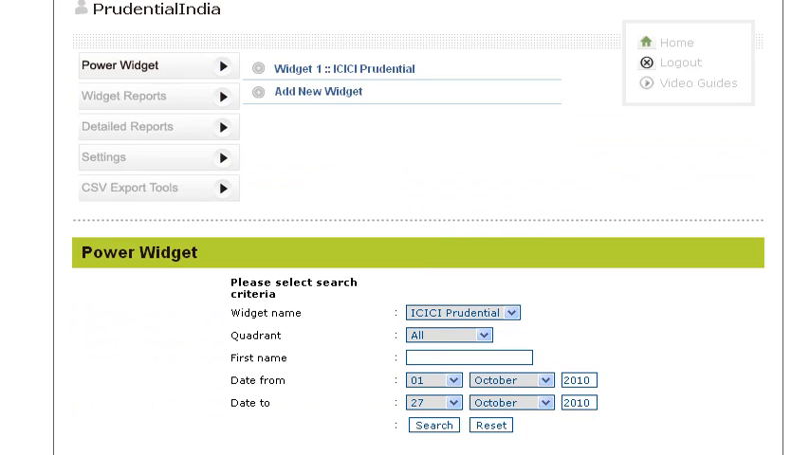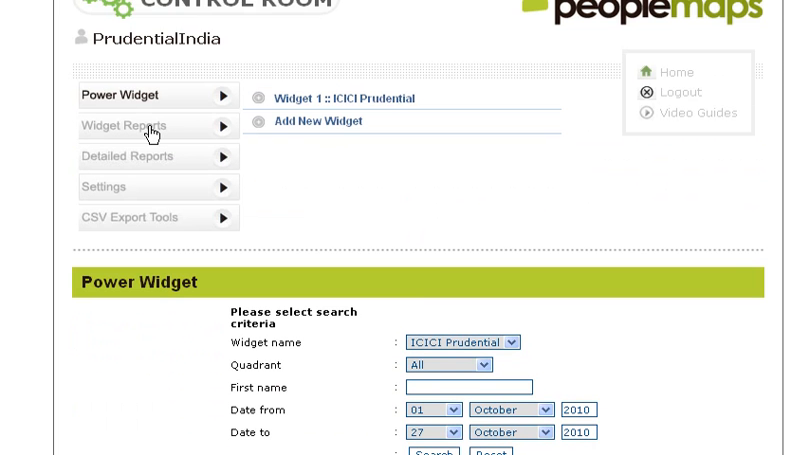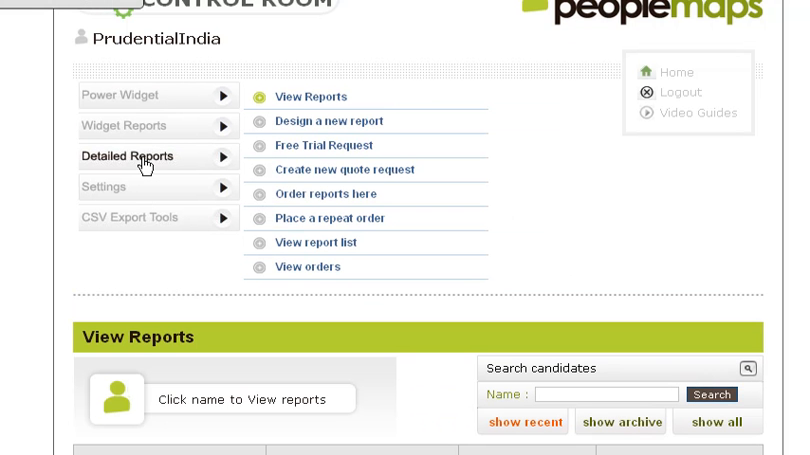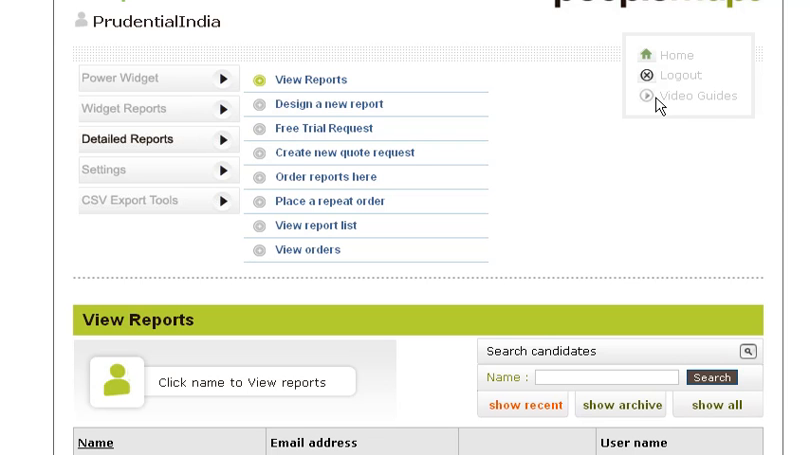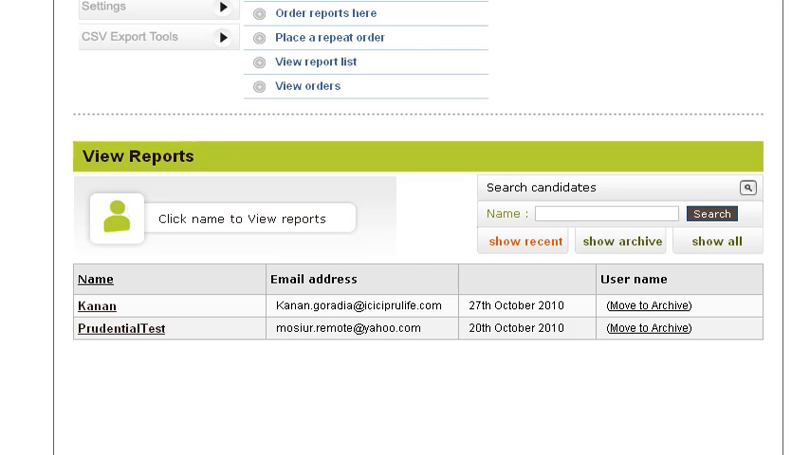Okay, so let's go over to the detailed reports. Many of the features you will never need to use because we've actually configured everything for you. So although there's a high degree of customization and facilities available, most of it you actually can ignore. So here we are in the detailed report. So we click on View Reports, and that will show you a list of all the candidates that you've moved